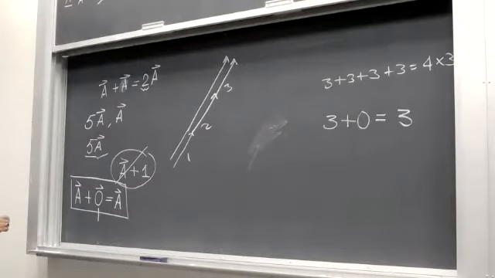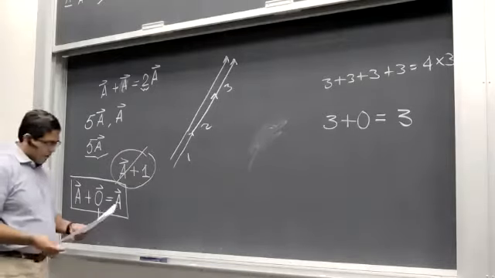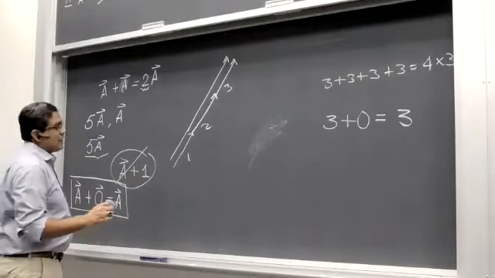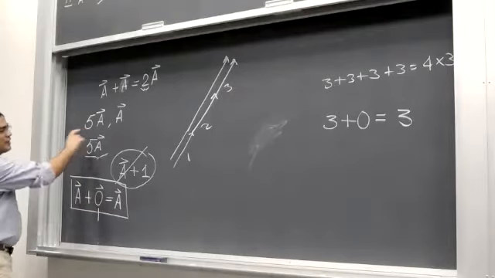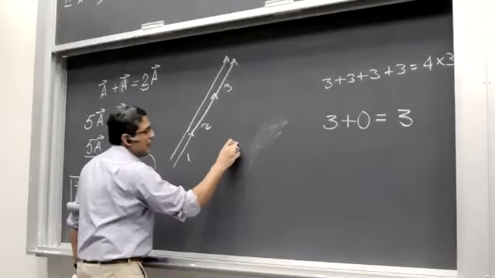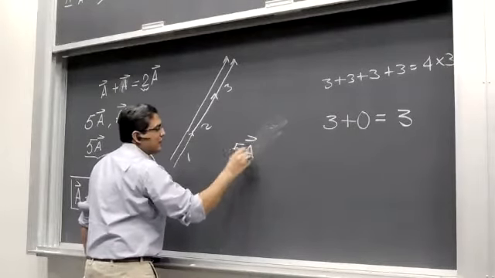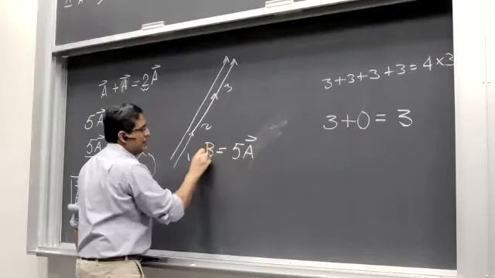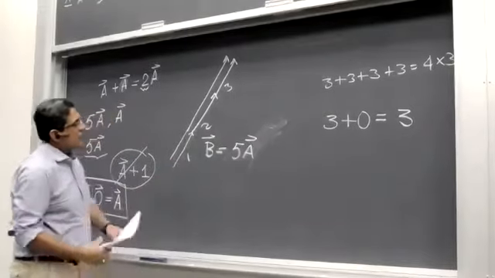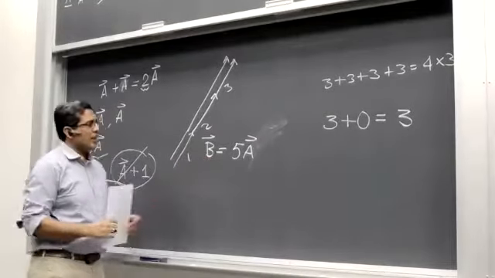And we need to do that because only then we can define difference between two vectors. All right. So first, let me say here, since we said that we could multiply a number with a vector, that would give us another vector, b, a different vector. And the only difference between b and a is that b is larger.